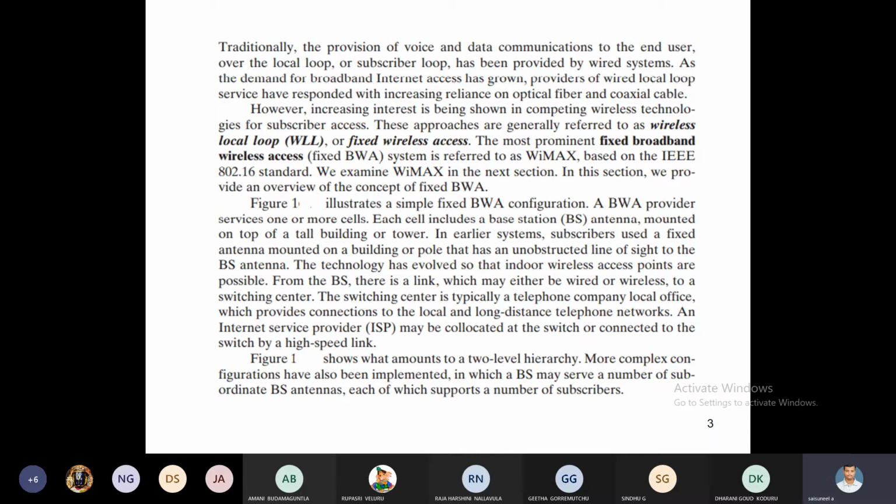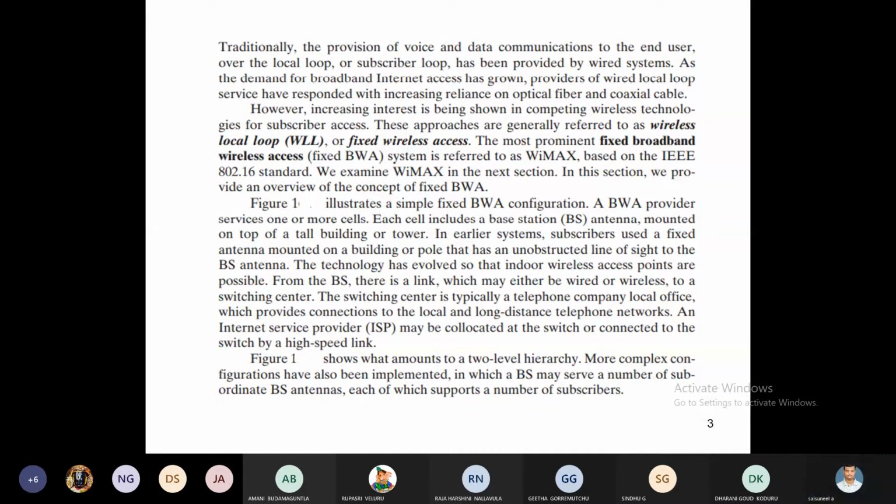If it is within about 100 meters between the telephone exchange and your home, no problem. But if it is in terms of kilometers, the installation time increases, and the cost of the optical fiber cables or coaxial cables increases. That's why we are going for wireless local loop.